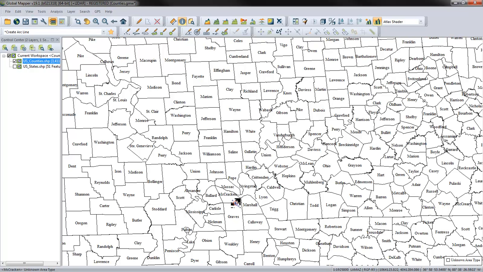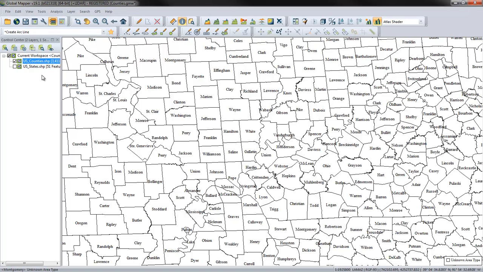So what we need to do is create a system whereby our labels are essentially detached from the polygons. In order to do that, I'm going to repeat a process I did a few minutes ago, which is generating a centroid point. Now, this is not something that's documented as a workflow in the help files in Global Mapper, but it's something you can do if you're ever faced with a situation such as this,